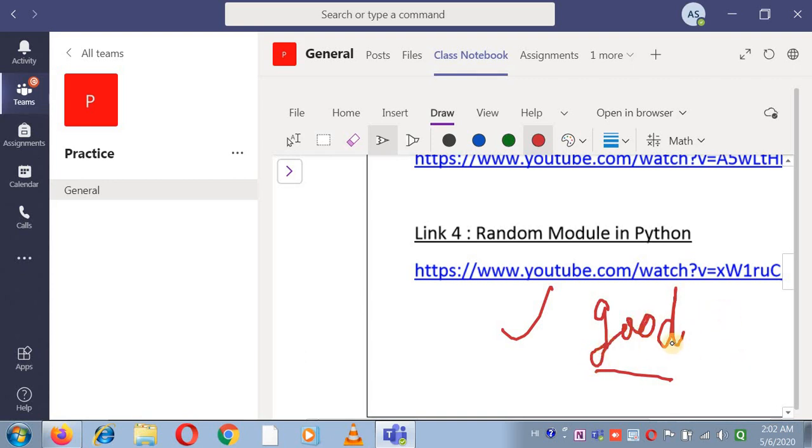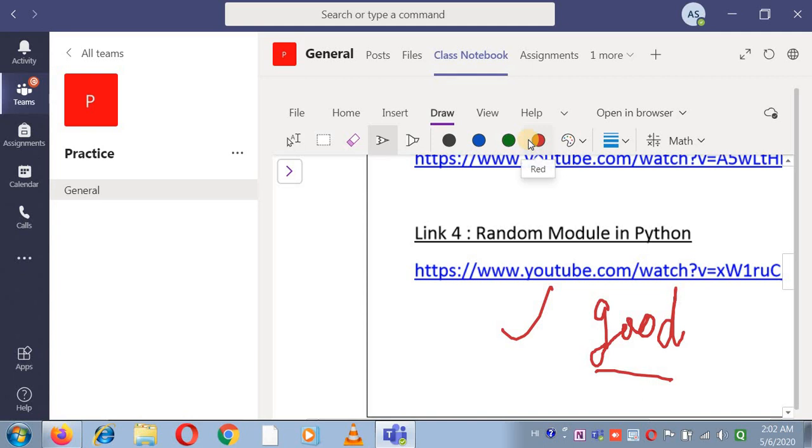So this way you can simply give remarks to the students, and these remarks are in real time, which means as you are giving remarks in the students' notebook, they will directly reach the students at the same time. So this is how you can give the remarks. You can check the notebook. You can send the page to the students.